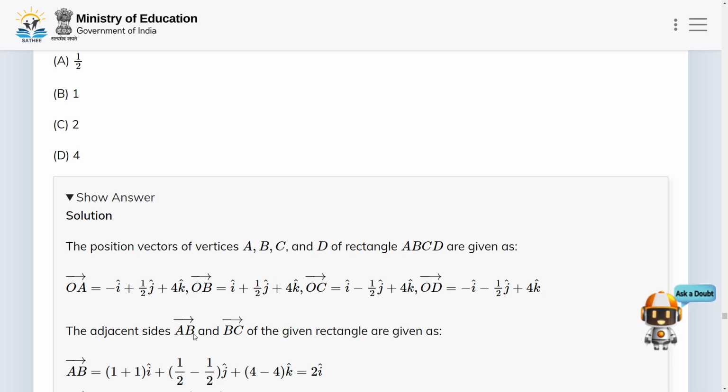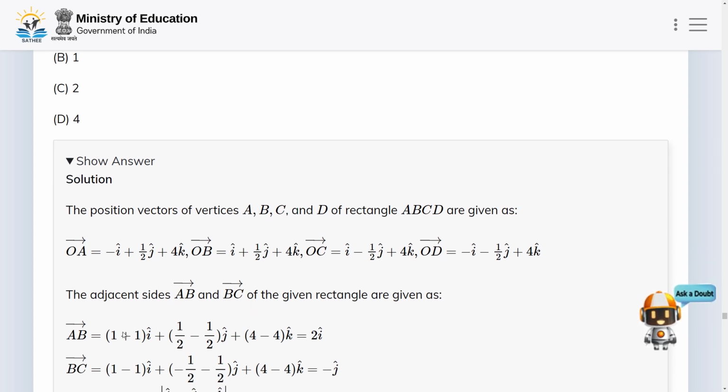We will be taking AB and BC. AB will be just 2i hat, as 1 plus 1, half minus half, 4 minus 4. This means 2i hat. And BC